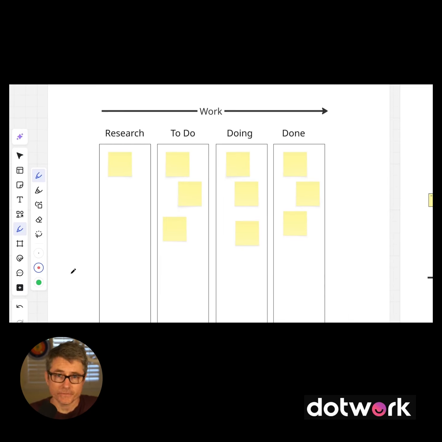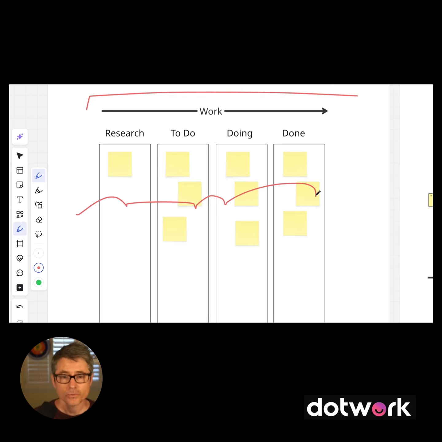Hi, this is John. In this short video, we're going to explore how we think about and how we visualize work in product. So you're probably all familiar with this kind of view. It's like a state-based view. We think about the different maybe stages of workflow, and we think about things passing across a workflow like this.